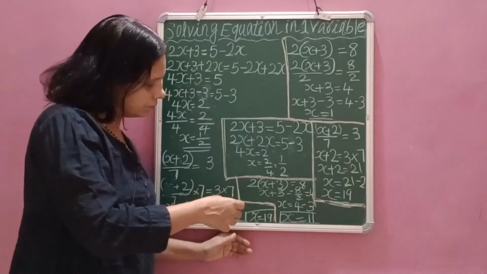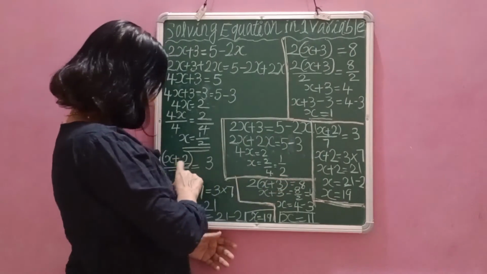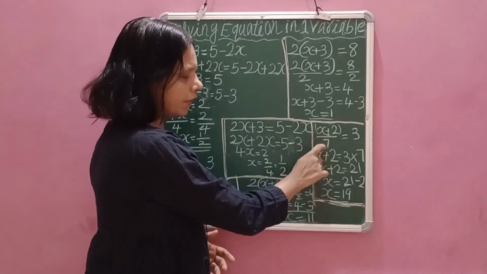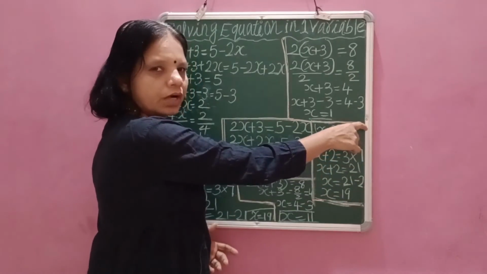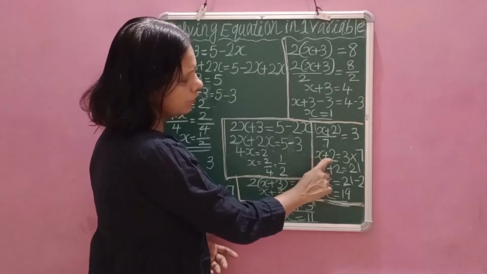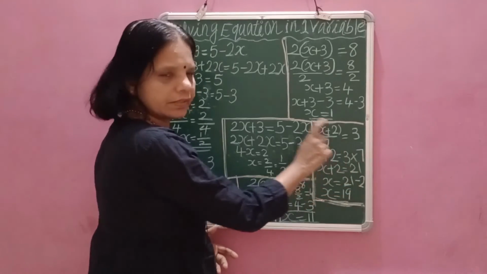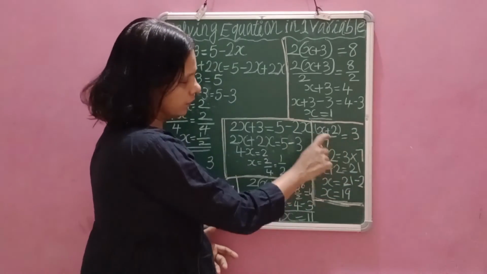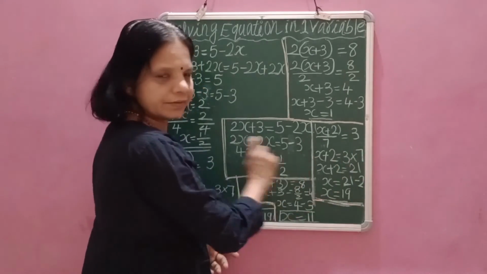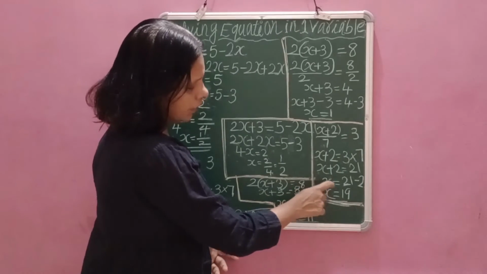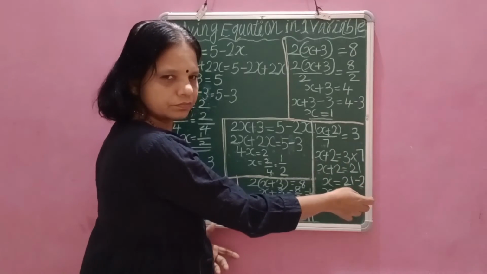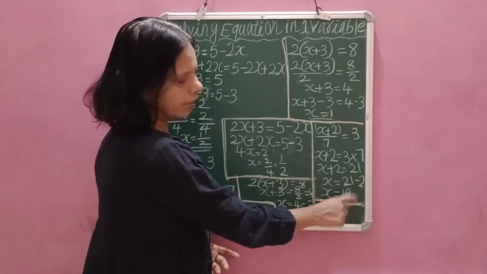And the other example, x plus 2 upon 7 equal to 3, the same sum. So here divided by 7, when it is taken to RHS, it is multiplied. So we can write it as x plus 2 equal to 3 into 7. When it goes to RHS, here upon 7, so into 7. Or x plus 2 equal to 21. Or x equal to 21 minus 2. Plus 2 becomes minus 2. And x is equal to 19.